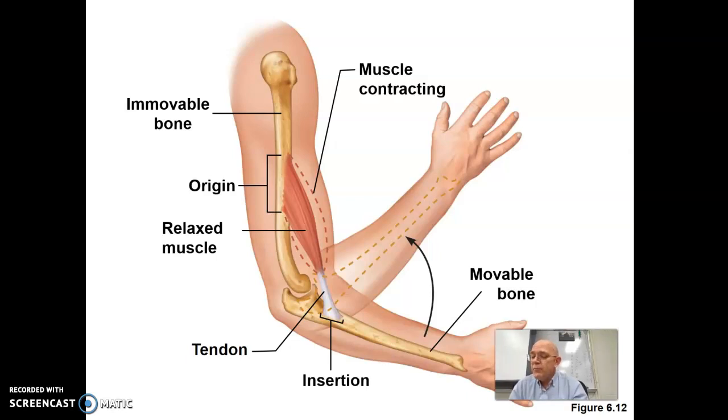Why is it inaccurate to say that one muscle caused a particular movement? Basically because even though we say the bicep does this, there are all these other muscles that are helping. Antagonists that are balancing against it, synergists that are also helping do that, and fixators that are holding your humerus still so that you can do that movement. So all these work together. Antagonists, synergists, and fixators all help together to allow you to do the movement you want to do.